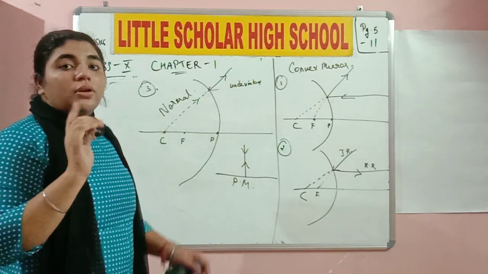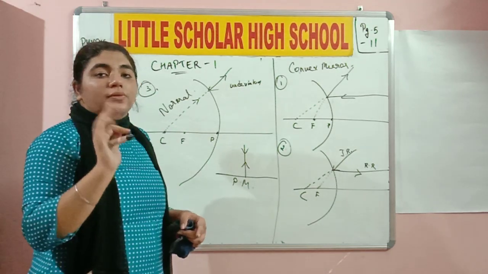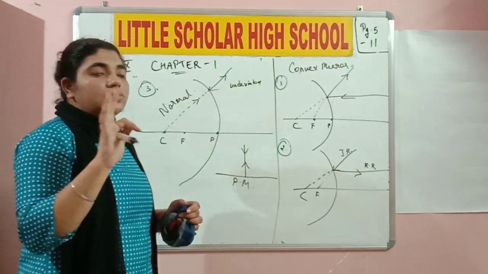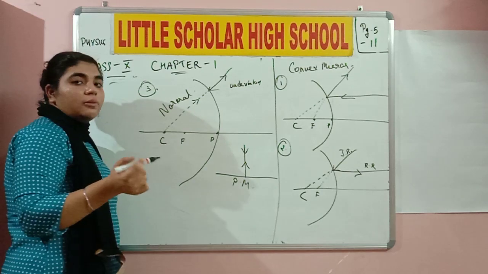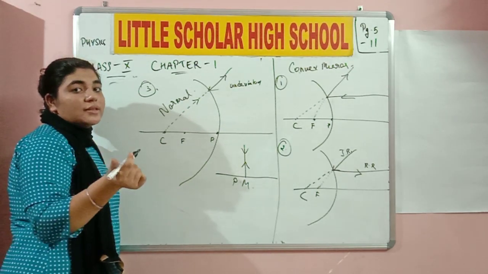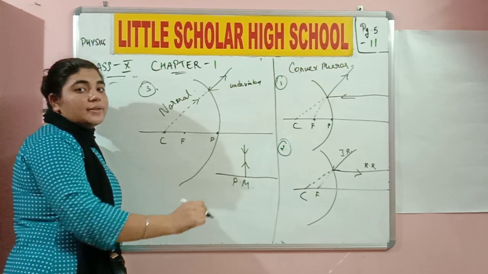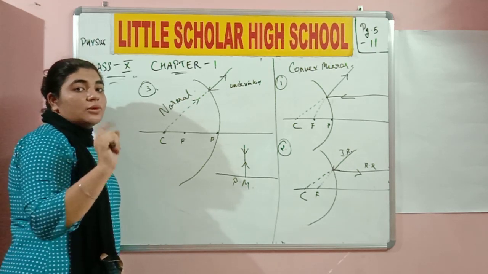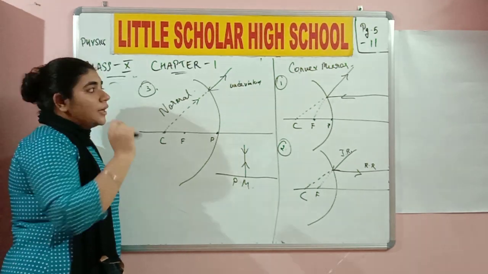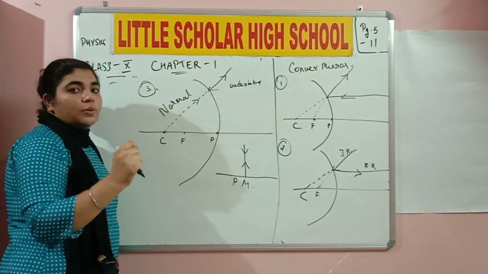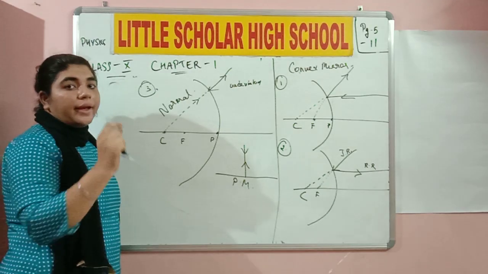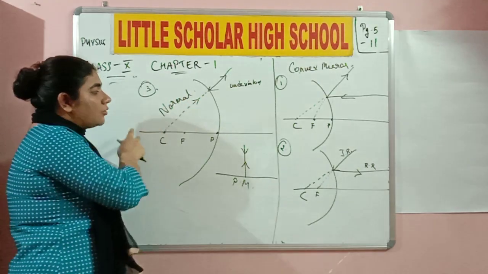As I told you, you can draw the ray diagrams using any two of the three rules. What I suggest is to use rule number 1 and 2, because when we draw with rule 3, it becomes complicated, but it actually gives the diagram also. I've shown you, when we were drawing the object between F and C and we got the image beyond C, we did it in two styles: using rule number 1 and 3, and rule number 1 and 2. So please review the video again and play and pause at points where you need to look at the diagram and understand where the two incident rays are reflecting.